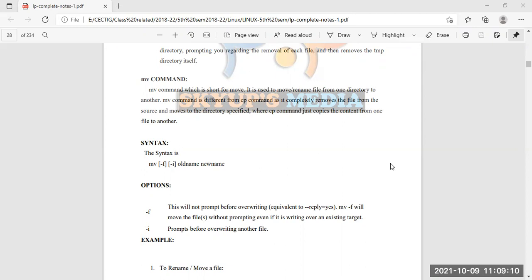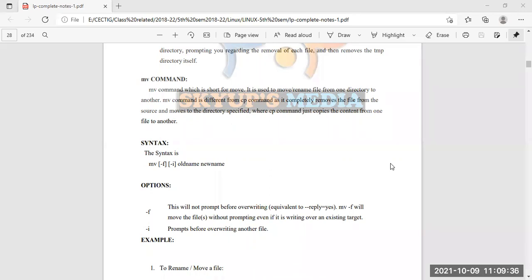The previous directory will no longer have the file or folder. But with cp, we copy, so the file will exist in two places, whereas with mv, the file will exist in only one place.